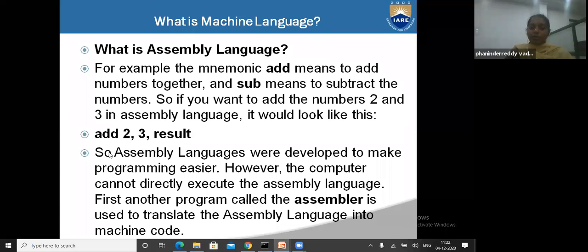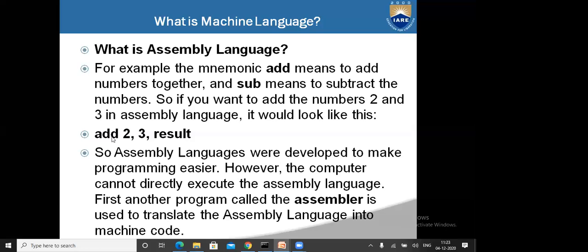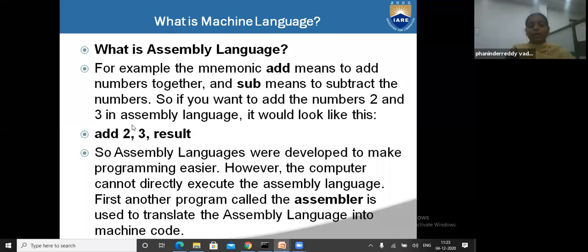What is assembly level language? See, we have to write add, 2, 3 and result. This method we have to follow compulsorily for assembly level language. That's why we call it assembly level language. Some terminology, like add, we have to follow. 2, 3 means some addition, whatever we give for addition, and we have to get our result. Means when we write is equal to, that time we will get the